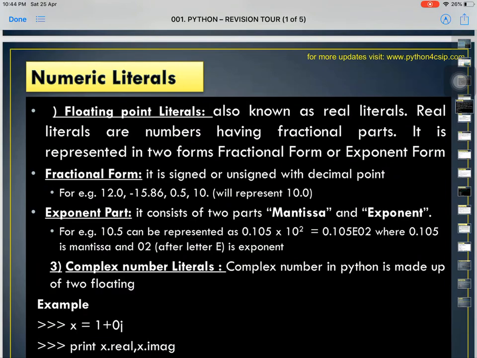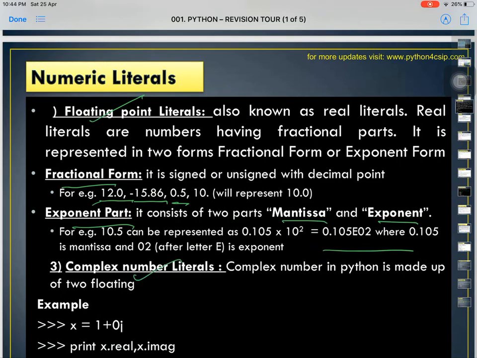Numeric literals, we have floating point literals. Floating point has fractional form and exponent form. This is the fractional form 12.0, 0.5, minus 15.86. Exponent form has mantissa and exponent. I suppose since you all are mathematics students, you must be knowing the exponent form. It is exactly the same as you must have done in your mathematics.